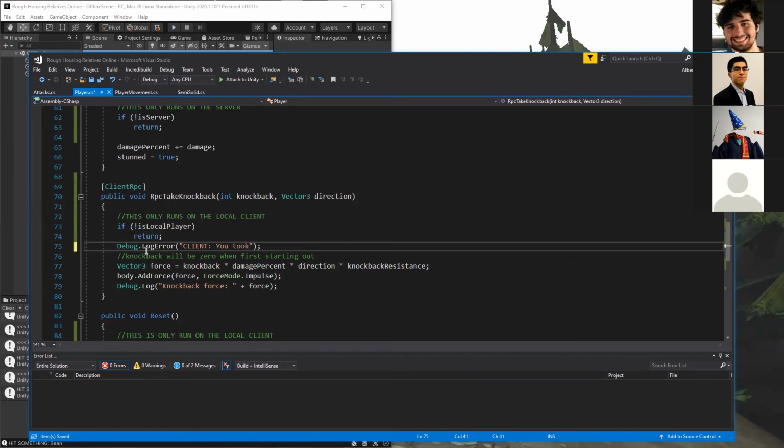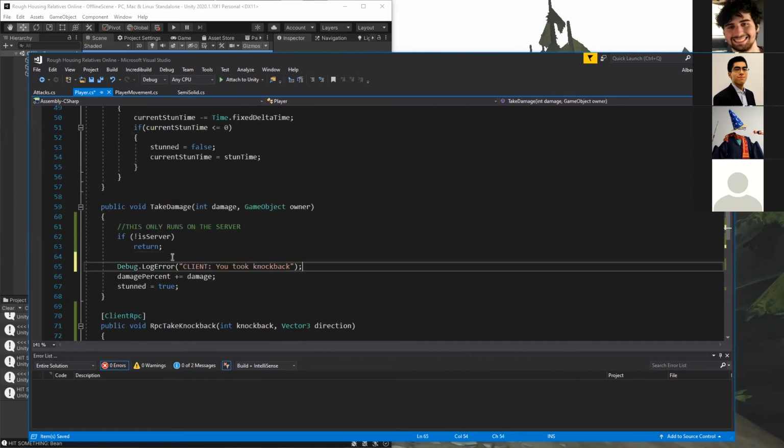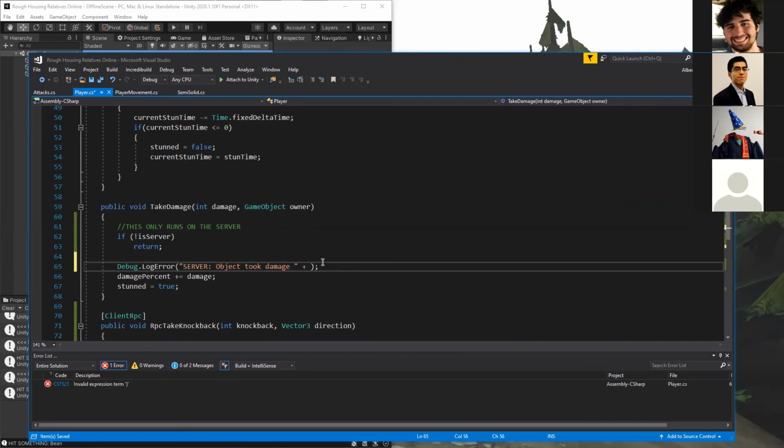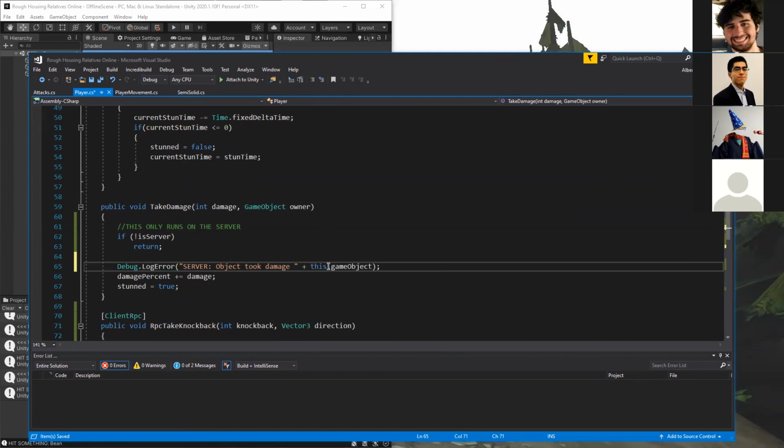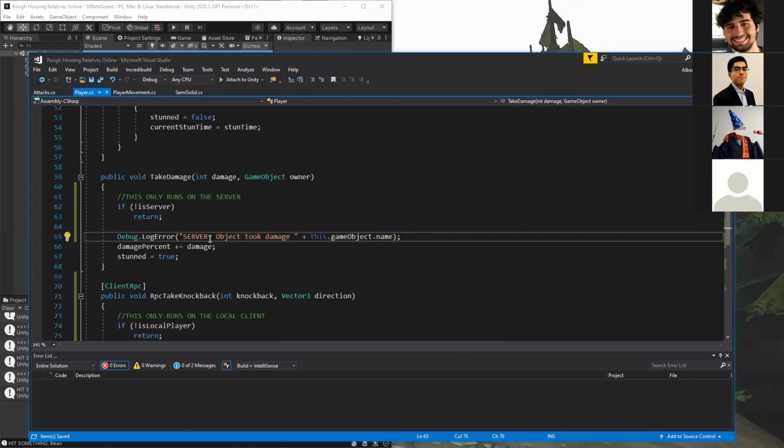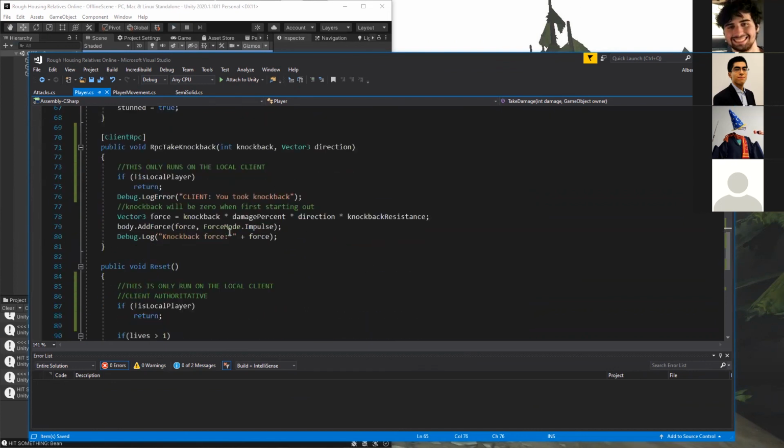You took, and then on this one, server object took damage. And we can actually use, yep, all right, that should be good.